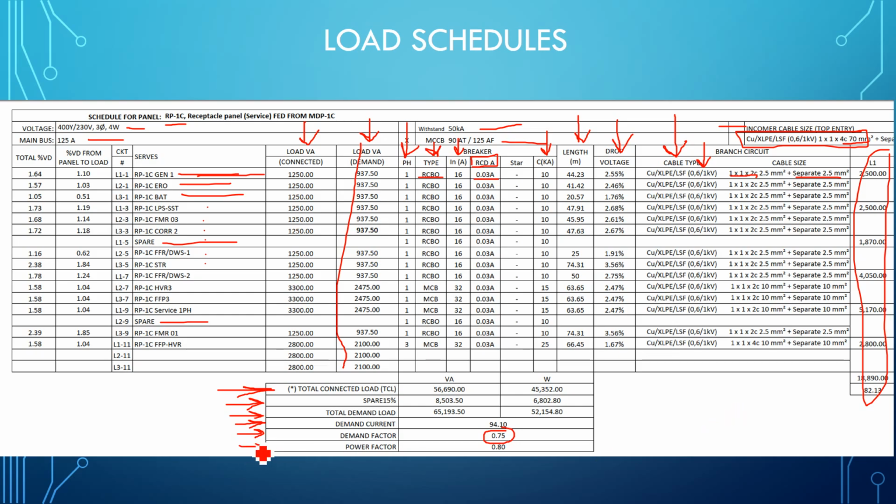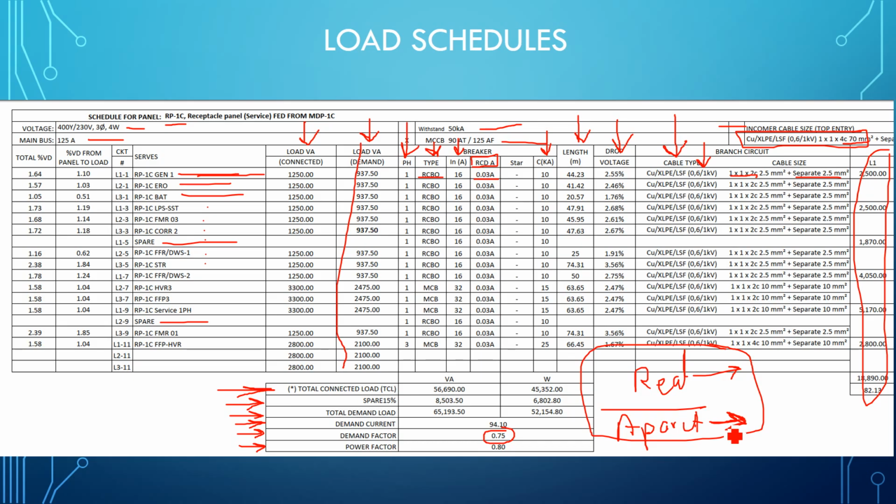Then we have the power factor. Power factor is actually the division of real power divided by apparent power. Real power only includes the resistive loads, and apparent power includes the capacitive and inductive loads as well. So when we have capacitive and inductive loads attached, they work as energy reservoirs. Capacitors and inductors work as energy reservoirs, and they give energy back to the circuit,